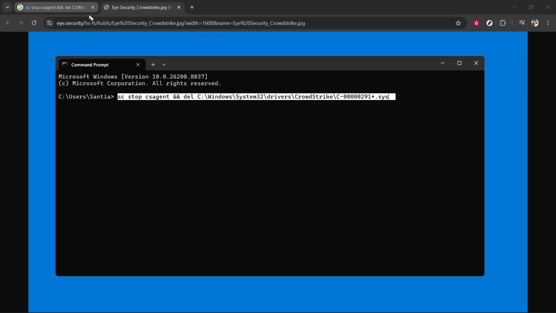Now, paste the following exactly as you see it, including spaces and symbols: sc stop CSAgent && del C:\Windows\System32\drivers\CrowdStrike